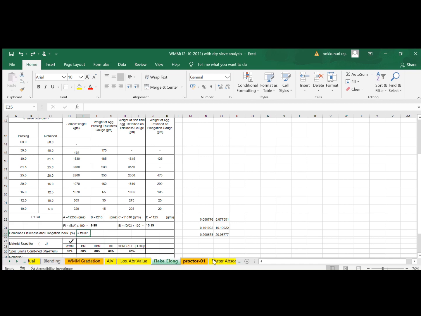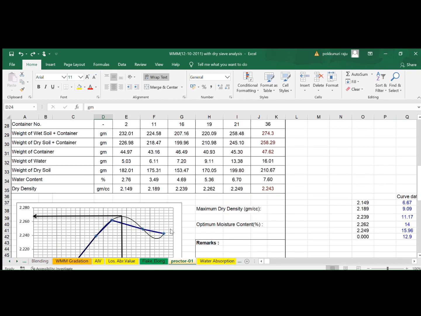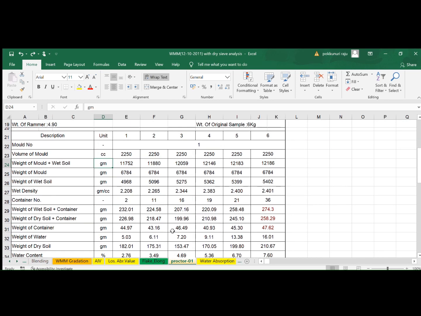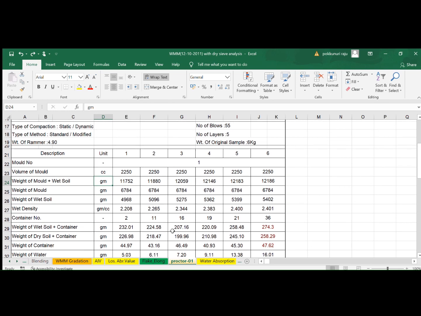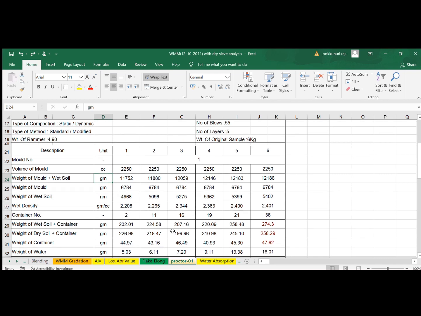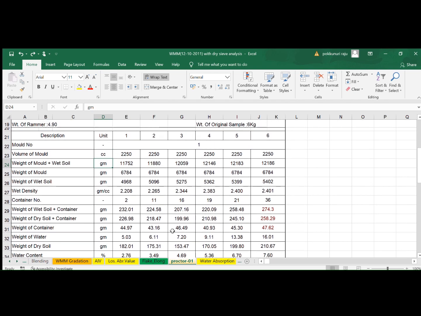That means the mix is required to be tested for Proctor values. The samples are taken and given a modified Proctor, with the number of layers being 5 and the number of blows for each layer being 55. In this case, the bigger molds are used, so the volume of mold is 2250.